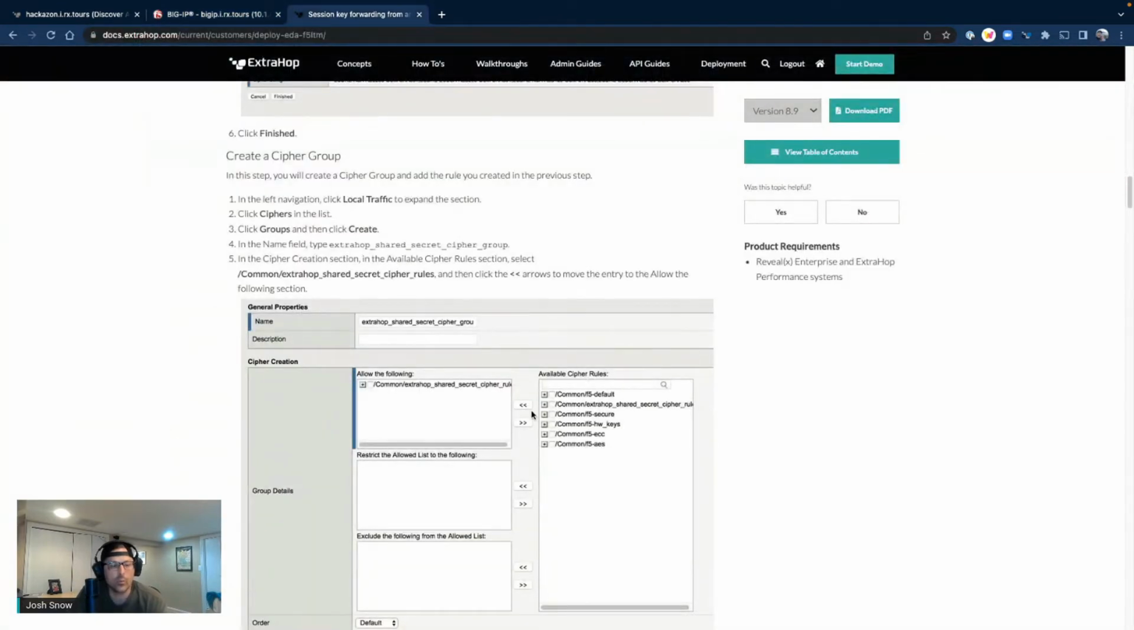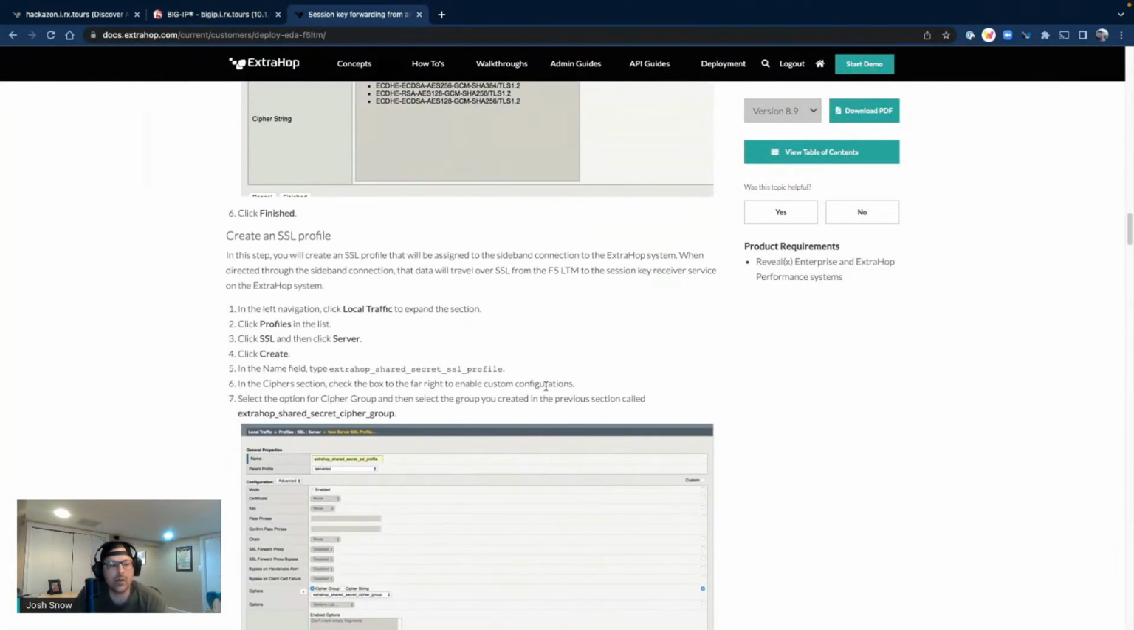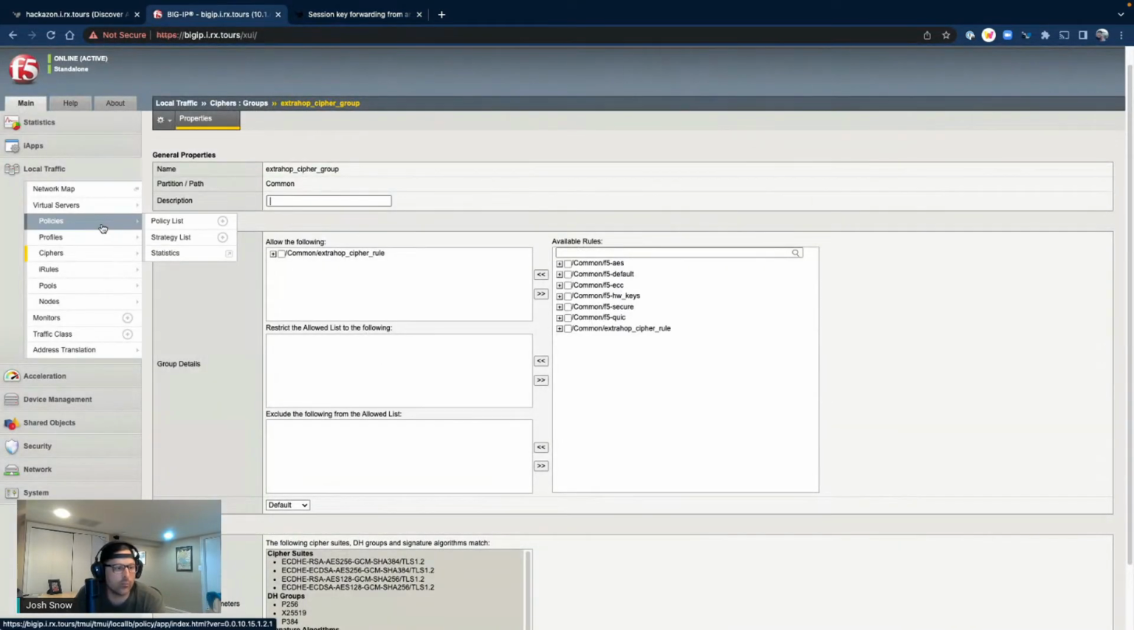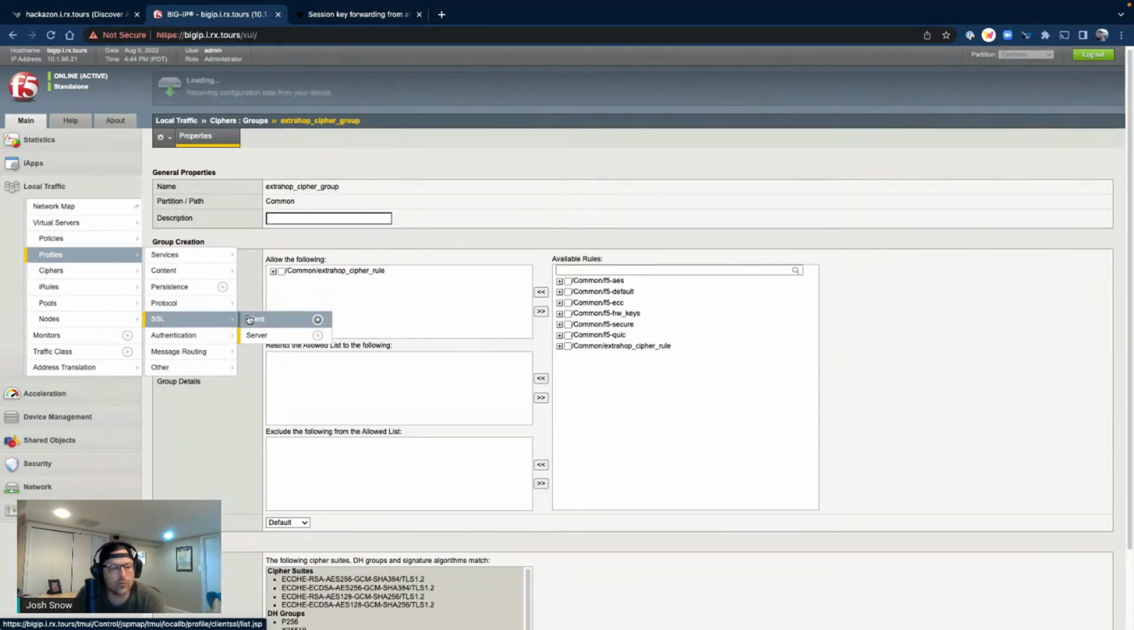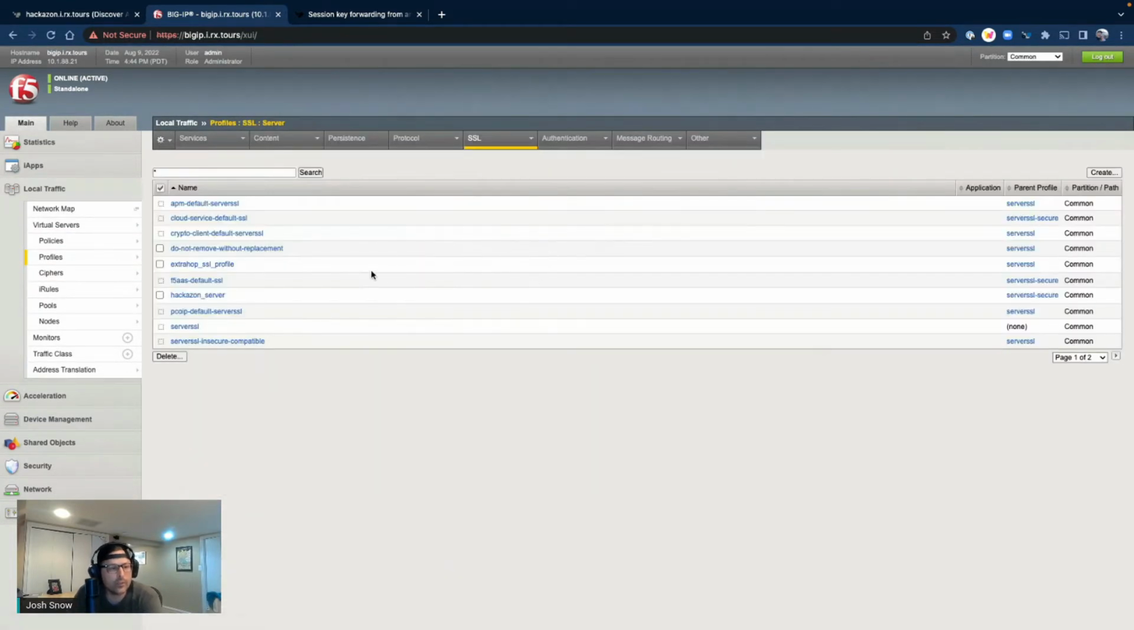Okay. What's the next thing we need? So we now have an SSL profile that's going to be assigned to the sideband connection. So when it's directed to the sideband system, the data will travel over SSL from the F5 to the session key receiver on the ExtraHop system. So this allows us to have an established SSL profile between the F5 and the ExtraHop. So we're going to go into local traffic, profiles, SSL, and then click server. So in here,